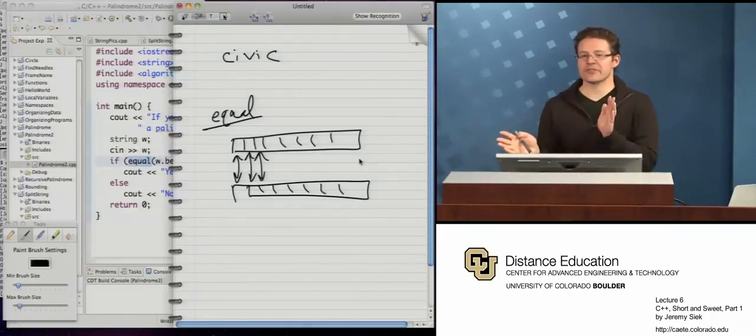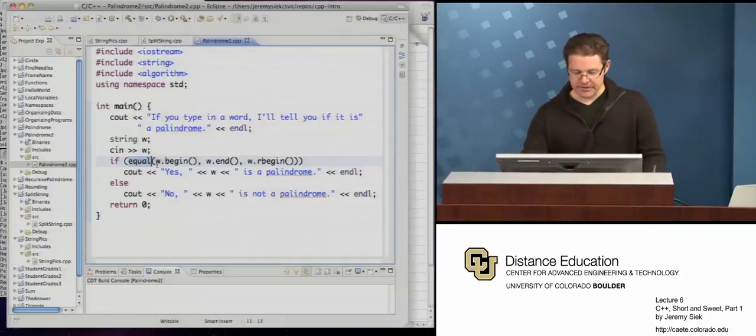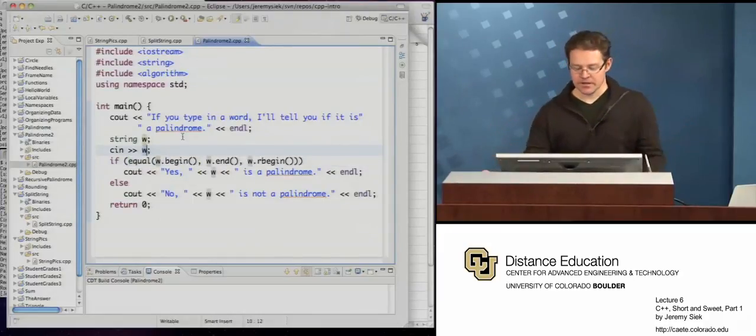And if there's just one difference somewhere, it'll return and say false. They're not equal all the way through. Okay? So now let's look at what we're doing here. Imagine that W here is something we've just typed in, like civic. What we're going to do is pass in the beginning and the end of